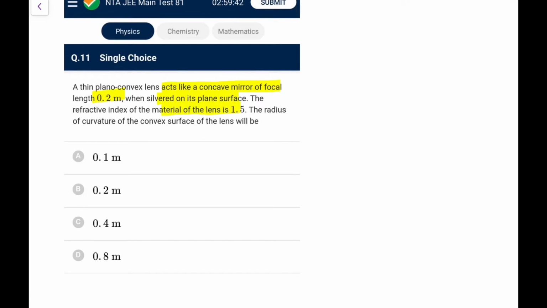plane surface. If the refractive index is 1.5, find the radius of curvature of the convex surface. So the plano-convex lens is like this, and it is silvered like here. So here 1 upon f equivalent mirror would be equal to 1 upon f of mirror minus 2 upon f of lens, and the mirror is plane, so it would be infinite, so it's 0, and minus 2 by f of l. So it is acting as a concave mirror, so what we basically have is a concave mirror of focal length.